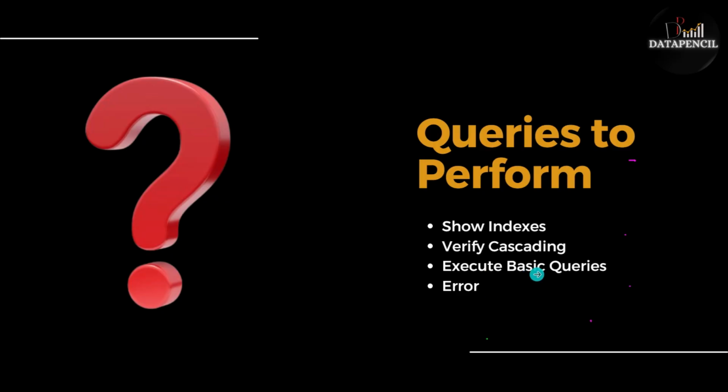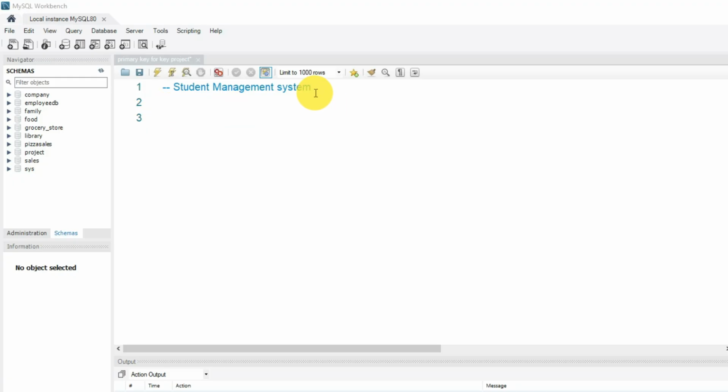देन वी विल परफॉर्म सम बेसिक क्वेरीज, 1 or 2 ओनली। देन आफ्टर दैट वी आल्सो हैव सीन द एरर पार्ट, ठीक है। जो इनसे रिलेटेड क्या क्या एरर्स हमको मिल सकती हैं, वो एरर्स भी हम यहाँ पर लाएंगे और उनको चेक करेंगे कि अगर ऐसी एरर आती है तो क्यों आ रही है, क्या रीजन है, उसको कैसे सॉर्ट आउट करना है, करेक्ट। तो ये बहुत इंटरेस्टिंग प्रोजेक्ट होने वाला है। अब हम मूव करते हैं अपने MySQL वर्कबेंच की तरफ और हम अपना प्रोजेक्ट एग्जीक्यूट करना स्टार्ट करते हैं वन बाय वन, ओके। सो लेट्स स्टार्ट इट।